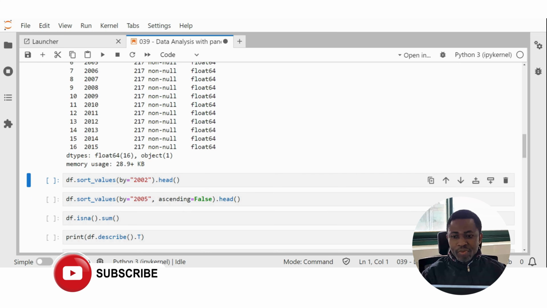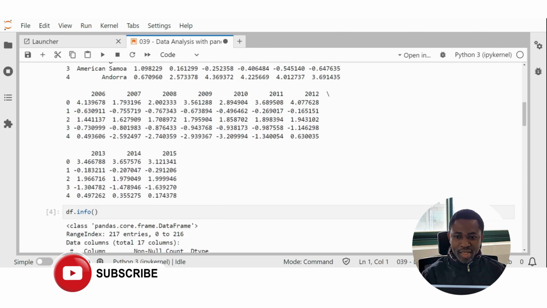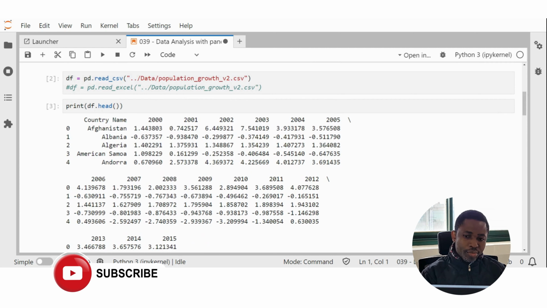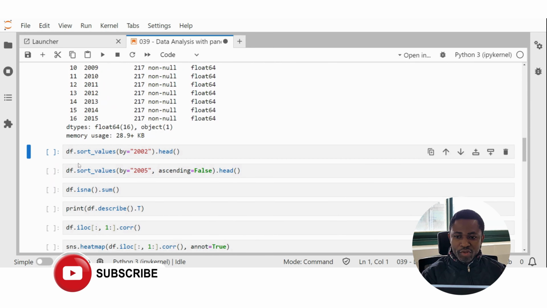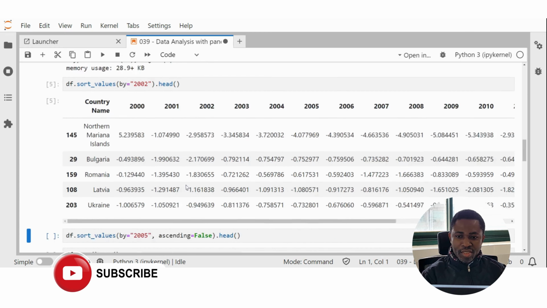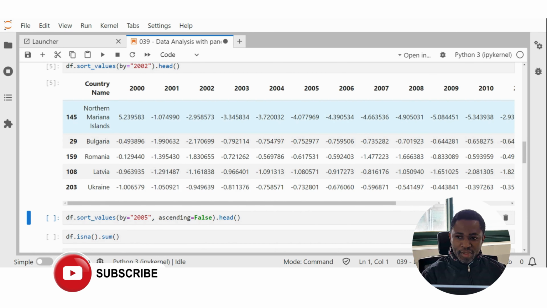The next thing we can do here, we can sort this data by different columns. So let's sort it by any of the years, and then to sort that, what do we do? We say df.sort_values, and then as a parameter by, we set it to 2002. If you run this cell, it sorts it. You can see it is sorted. If you check here, you can see 145 coming first, 29, and then the country. So the data has been rearranged and sorted